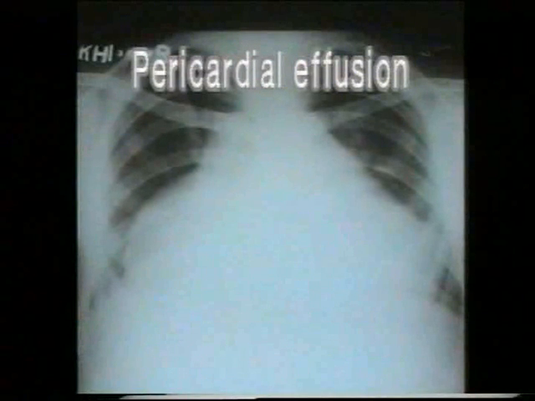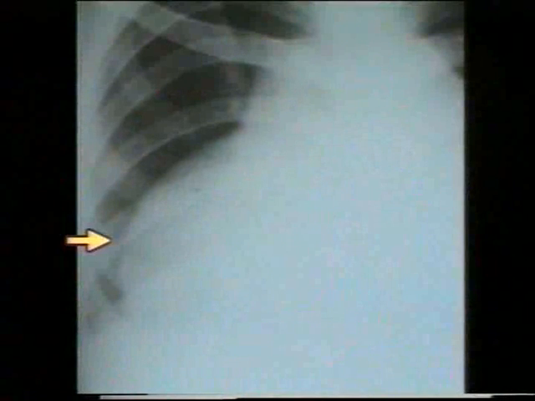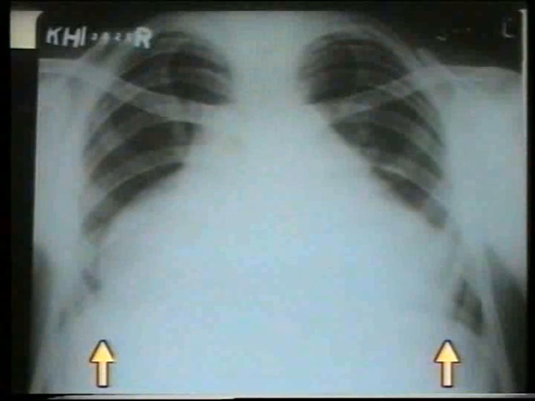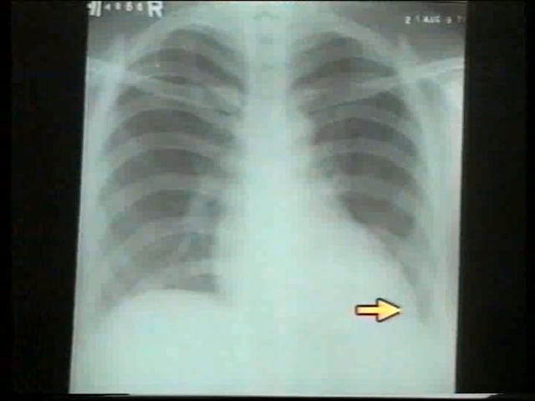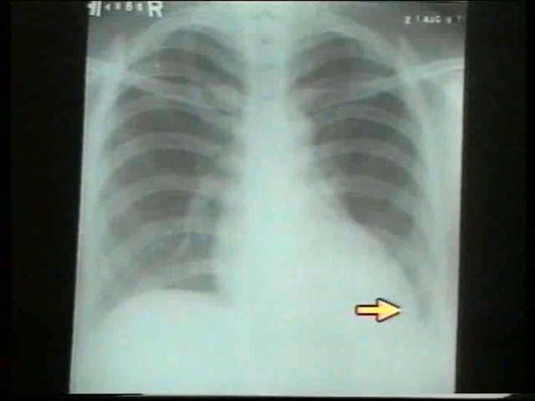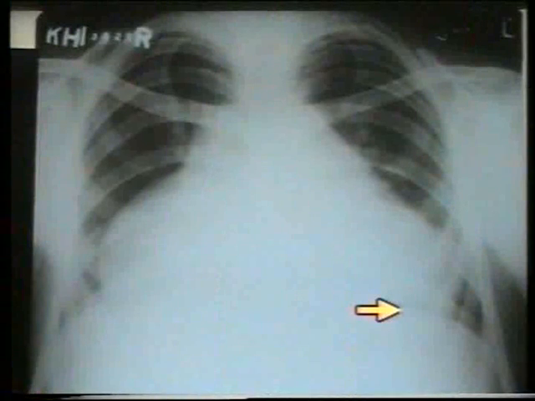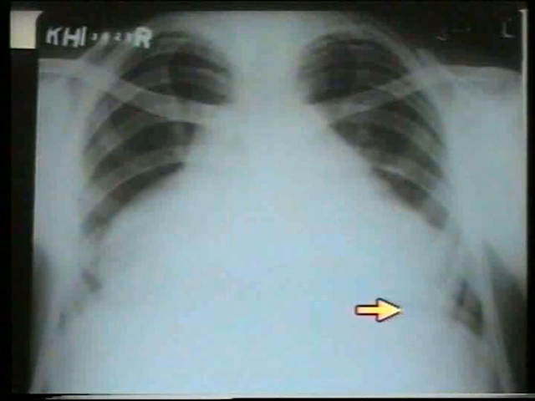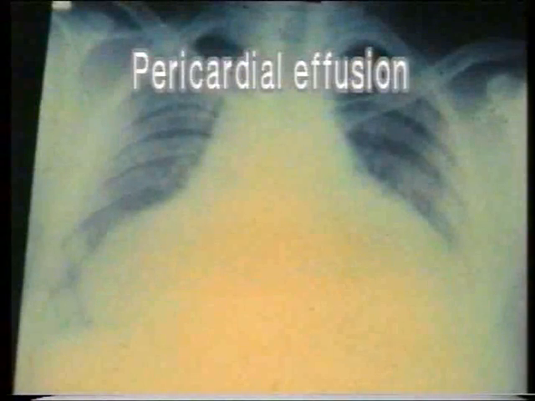Now see this X-ray with a massive pericardial effusion. Note the globular or leather bottle heart. Note the sharp and stenciled heart border. Note that both cardiophrenic angles are acute. Compare the obtuse left cardiophrenic angle in left ventricular hypertrophy with the acute left cardiophrenic angle in pericardial effusion. Note again the left cardiophrenic angle in left ventricular hypertrophy and the acute angle in pericardial effusion.